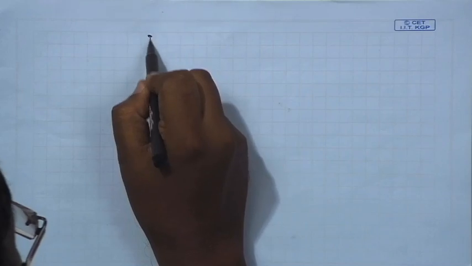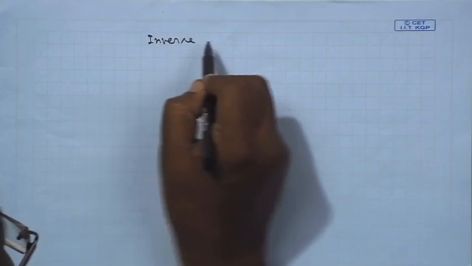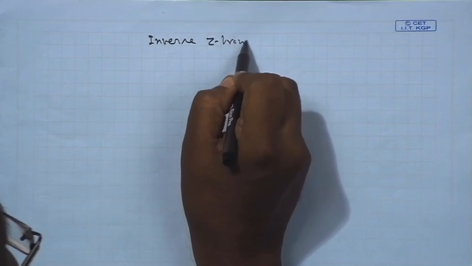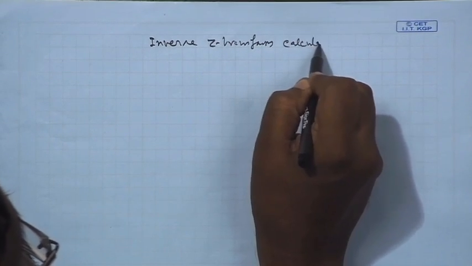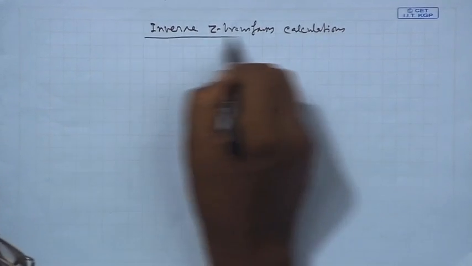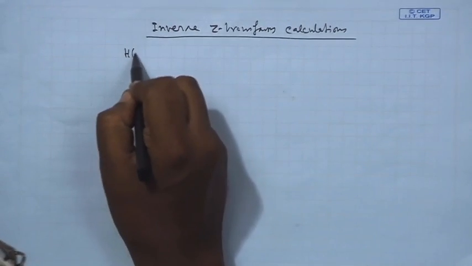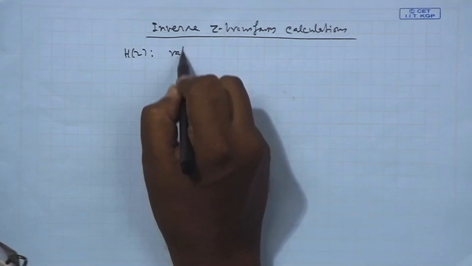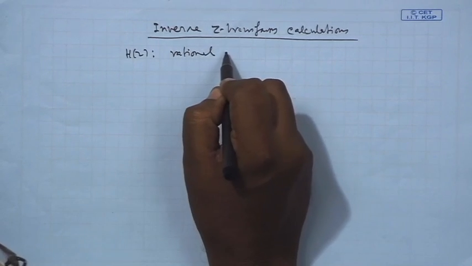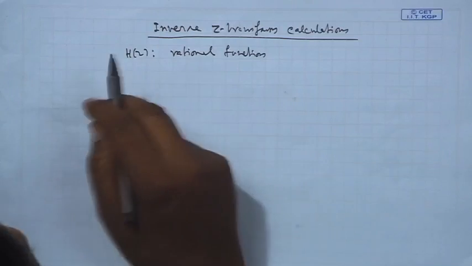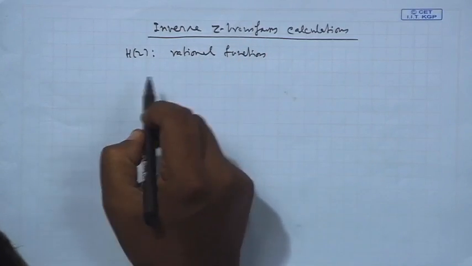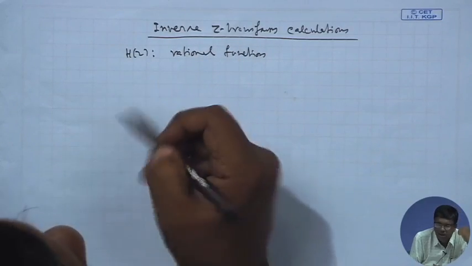We will be discussing inverse Z transform calculations, but for this we will take H(Z) to be a rational function. Not any arbitrary capital H(Z), but a typical rational function, which is basically a transfer function of